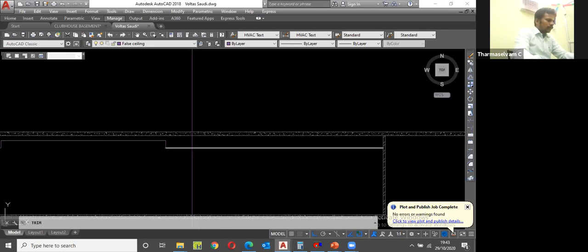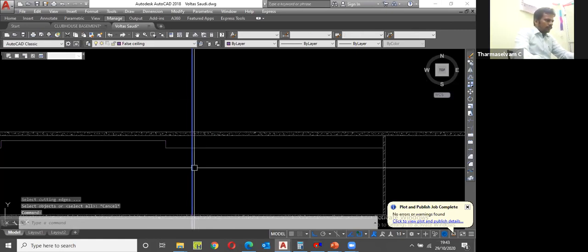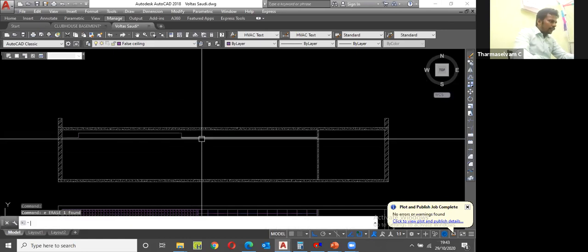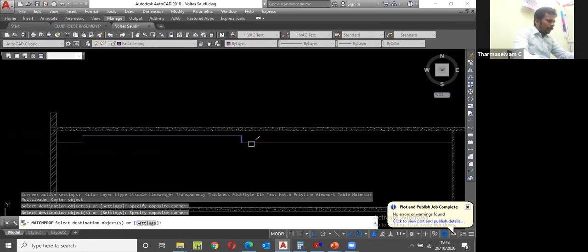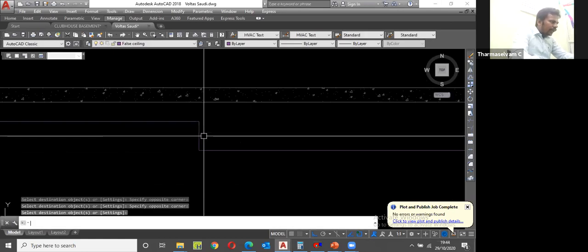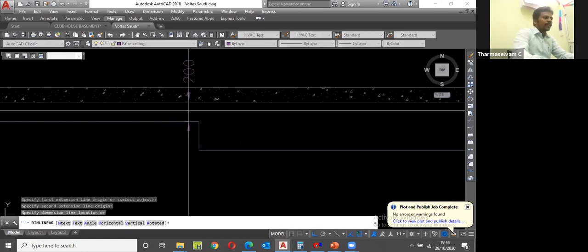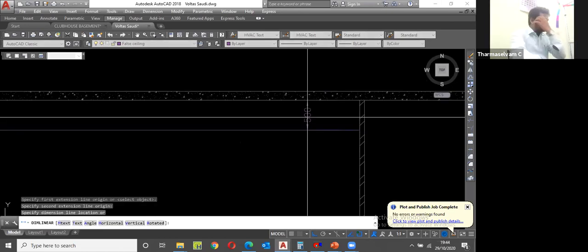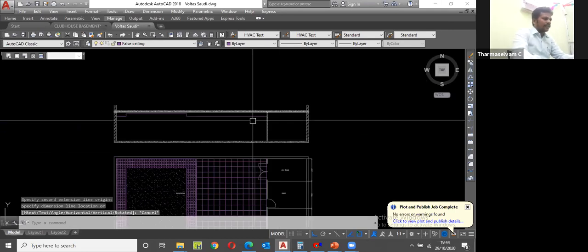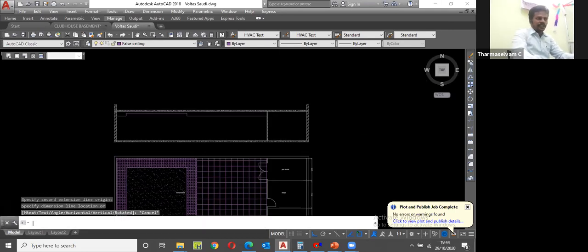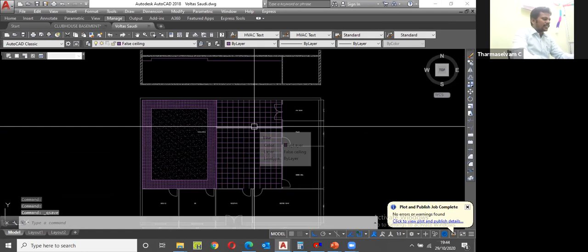Maybe this one also the same. Okay, these are all the false ceiling levels. Here I'm unable to run the duct in this high level false ceiling. Okay, 200 mm space is there. Here 500 space is there. I have to take the duct height using this false ceiling. Okay, the section is over. This is the civil section.